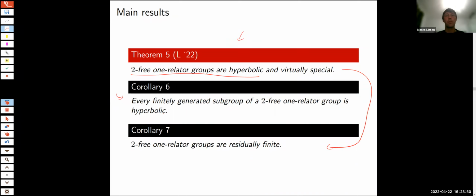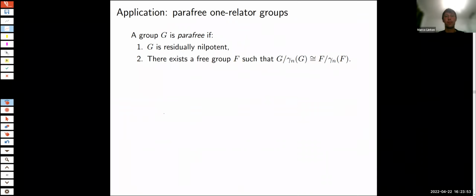And I want to talk about one more application, that is to parafree one-related groups. So these groups were introduced by Baumslag in '68. So what are they? Well, they're groups which are residually nilpotent. So this essentially means that every element in your group can be distinguished from the trivial element in their nilpotent quotients. And secondly, that there exists some free group F such that all the